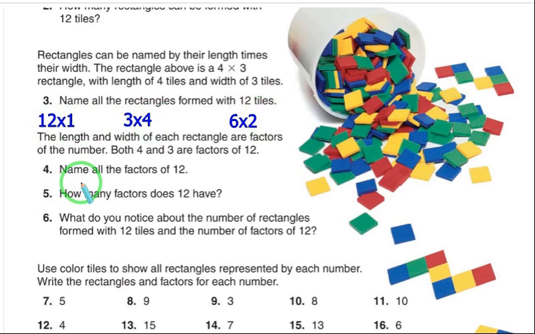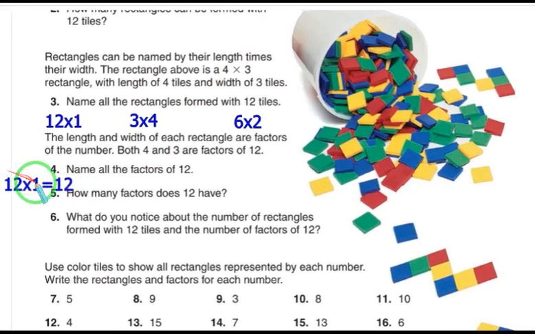Now name all the factors of 12. What are the factors of 12? Any two numbers we multiply together, the answer will be 12. Easy, I know them. First of all we have the answer for the trivial. What does trivial mean? The one that anyone in the world knows, which is 12 times 1. Any number times 1, the answer is the same number, right? That's why this is the trivial answer. So 12 times 1 equals 12 and we have 3 times 4 equals 12